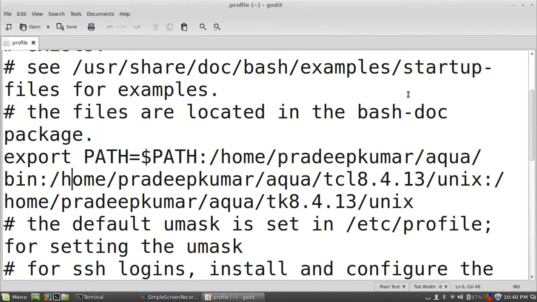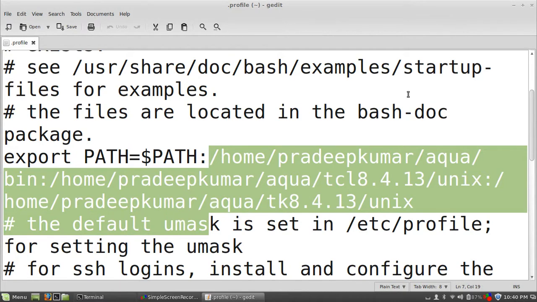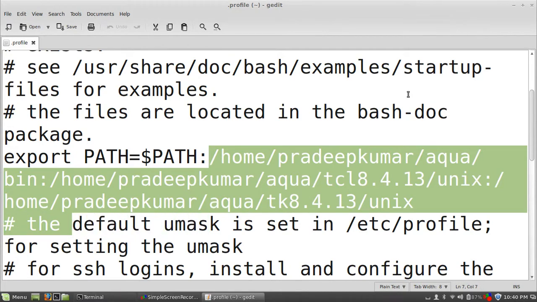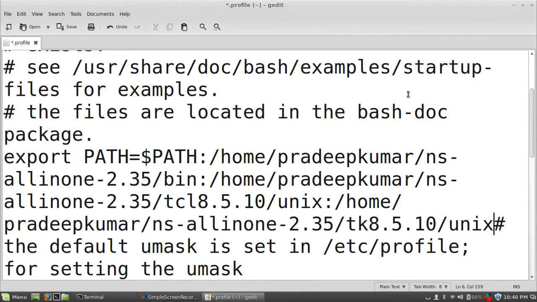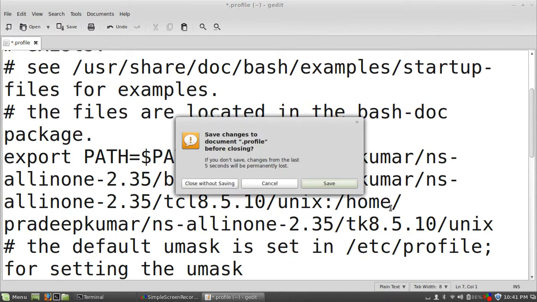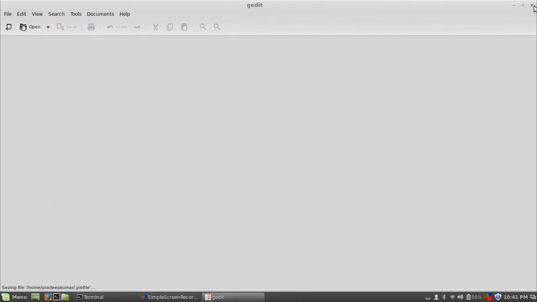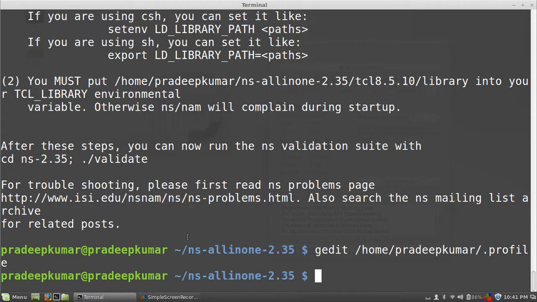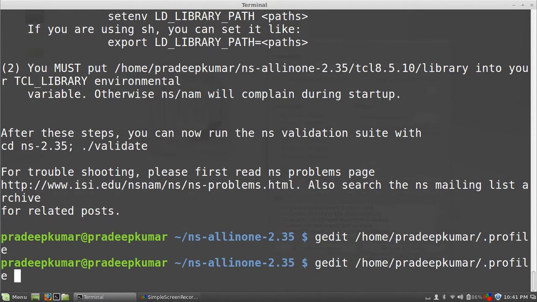So what I do is I'll delete these things and include my path here. Control V. So whatever I have copied, I have just included it here. So now this is my path. Once the path is set, I close this window, and then to execute the path immediately I can use source and that file name.